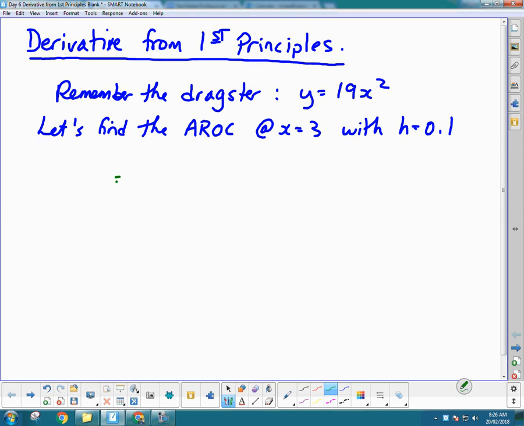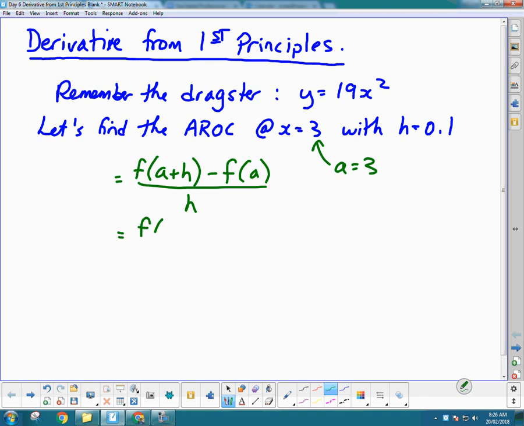So when you had to find the average rate of change, we had a formula that f at a plus h minus f at a all over h. And the h was that small interval, the length of the secant, that we kept getting smaller and smaller and smaller. The a value is where the beginning of the interval starts. So since we're interested in estimating the rate at 3, the a is 3, and then h is the length of the secant. So in our case, this is f at 3 plus h. Oh, sorry, the h is 0.1, minus f at 3